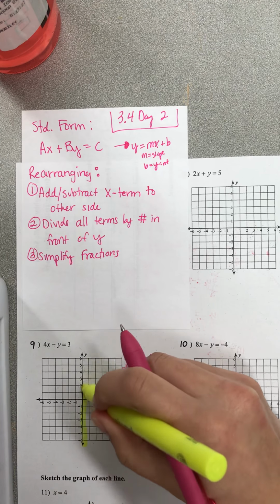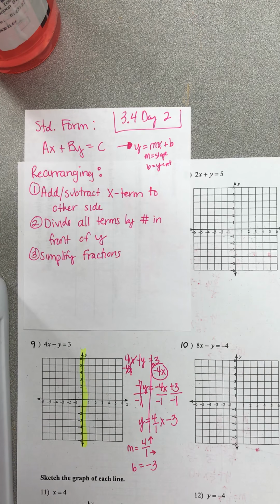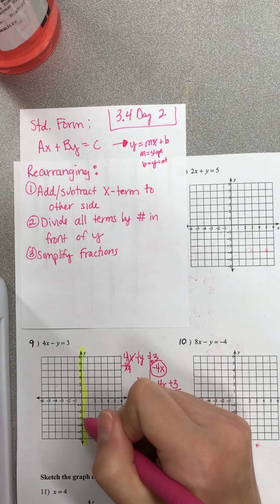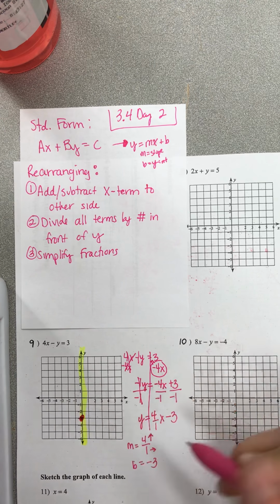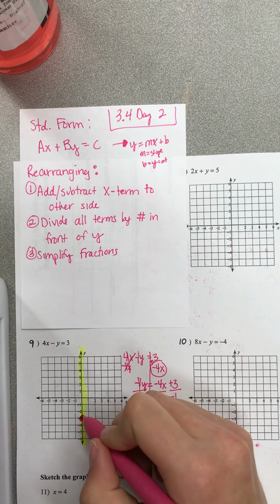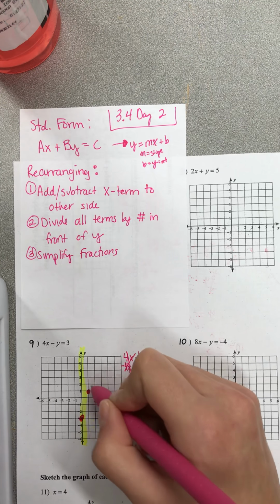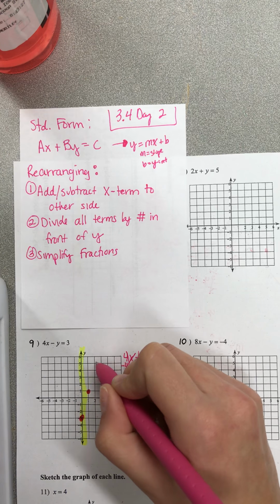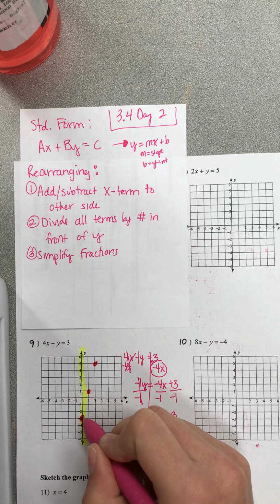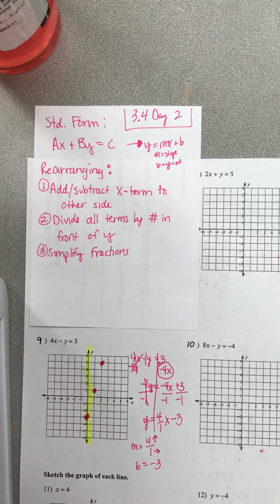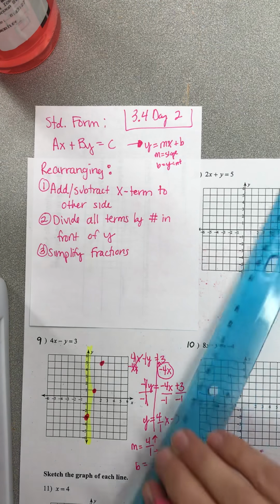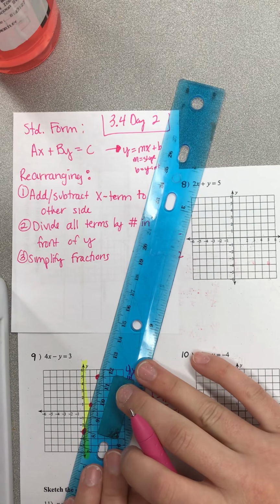So when you highlight your y-axis, you start at negative 3 and plot your point. And you go up 4 blocks and right 1 block. So up 1, 2, 3, 4, right 1. I can go up 1, 2, 3, 4, and right 1 again. If I go back to my starting point, I cannot go down 4 and left 1 because there are not enough blocks. So I'm going to take my ruler